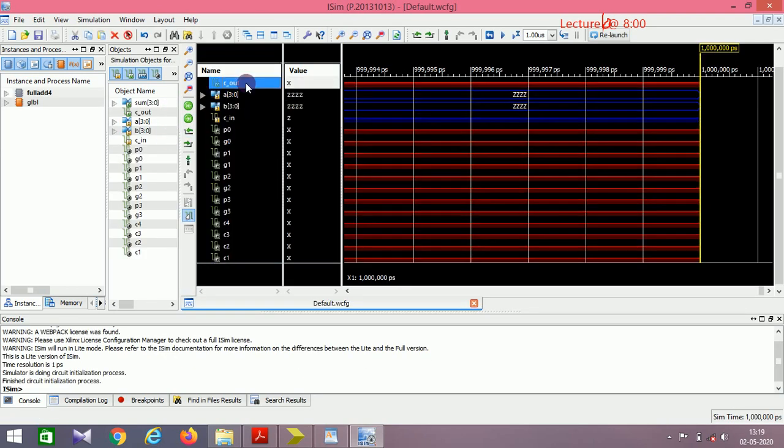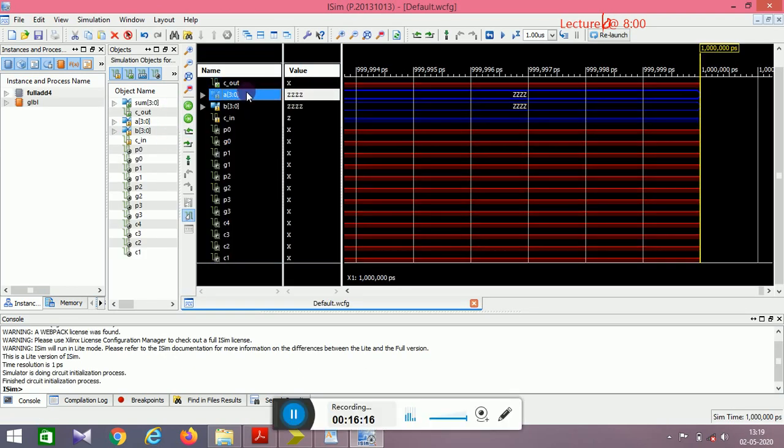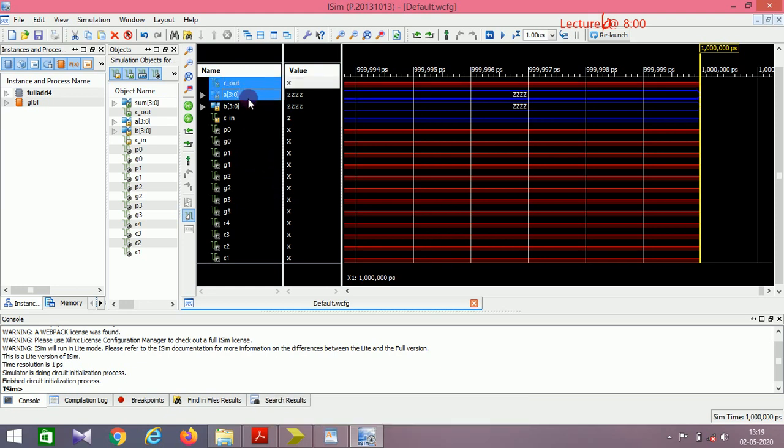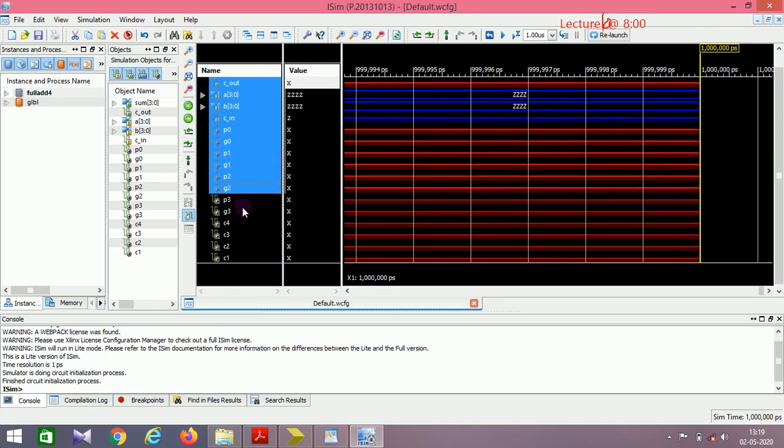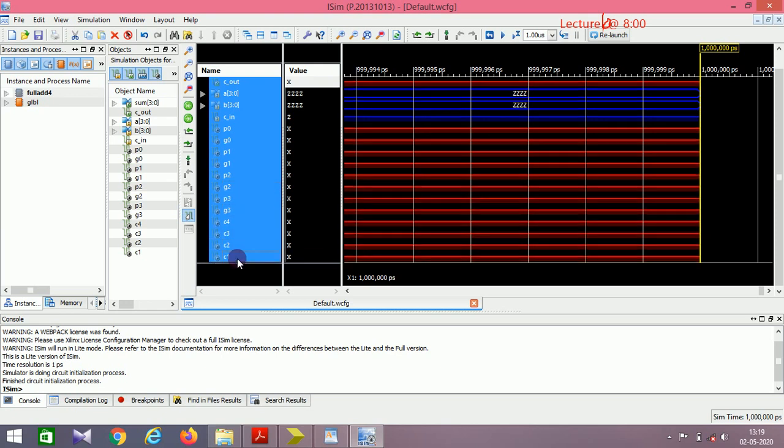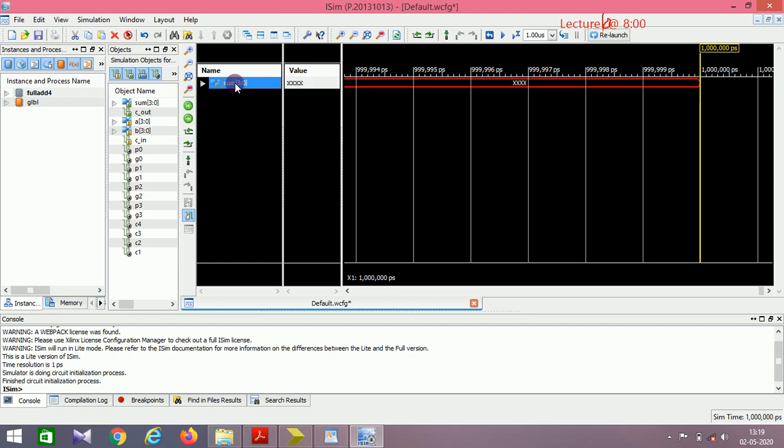So lots of expressions are there, so what I do is I just delete all those things. Here I'll be concentrating on A, B, Cin and sum expression only. So all these things are not needed. So I'm just selecting and removing them. I think I should not have removed Cout, A, B, and Cin.